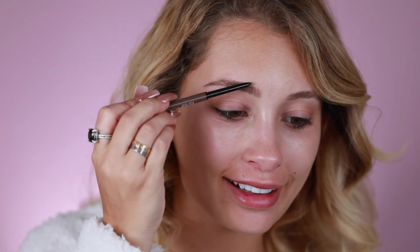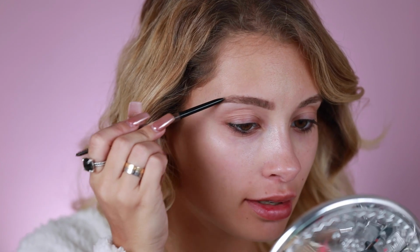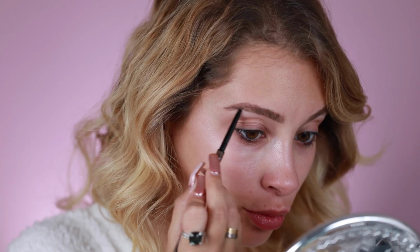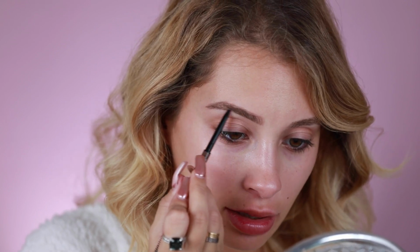I love doing that. I'm going to move ahead to the arch of our brow up here. I tend to focus more towards the end of my brow because that's where I feel like I need the most help. Once you have that arch there, I feel like the whole brow really comes together. I kind of like to go for a more messy, natural brow, so I'm going to be filling in very minimally here. So you can really see how beautiful and natural this brow looks compared to the other one. This one needs a little bit of help, but once you have your nice brow shape, you can continue on